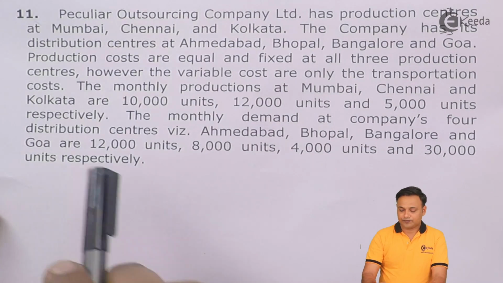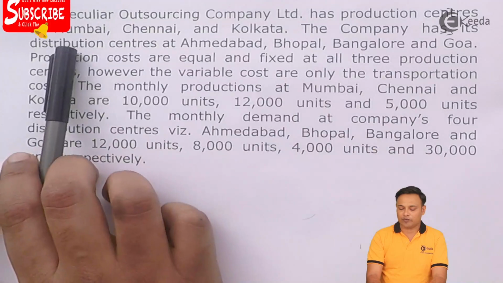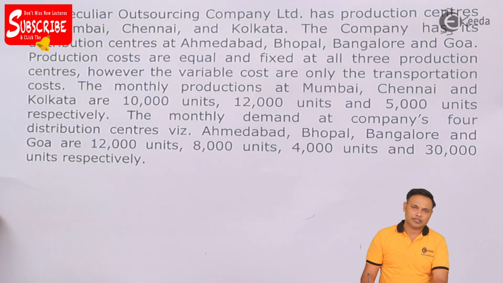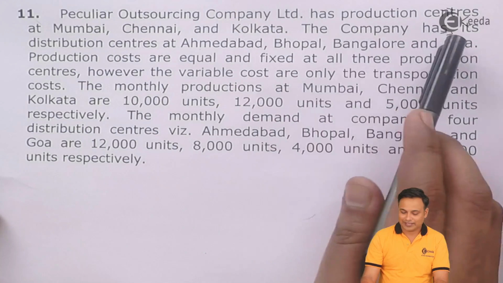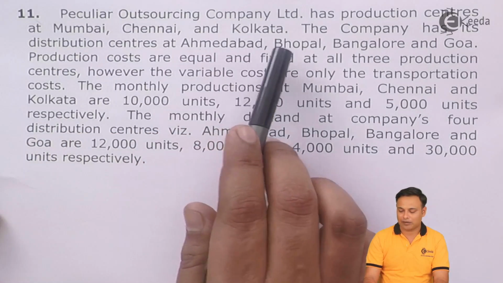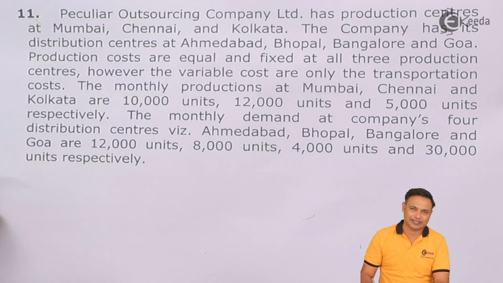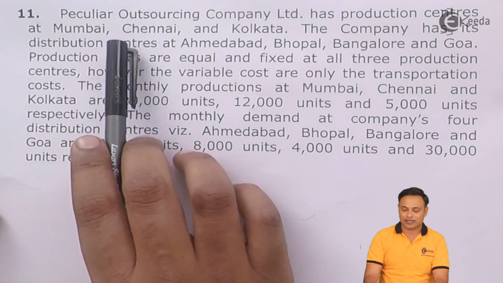Here's our problem. Ekeeda Outsourcing Company Limited has production centers at Mumbai, Chennai and Kolkata. So we have got three production centers, Mumbai, Chennai and Kolkata. They are the places of origin from where we are supplying the goods. The company has its distribution centers at Ahmedabad, Bhopal, Bangalore and Goa. And we have four different distribution centers. These are the centers where we are going to consume the quantity manufactured by the three centers Mumbai, Chennai